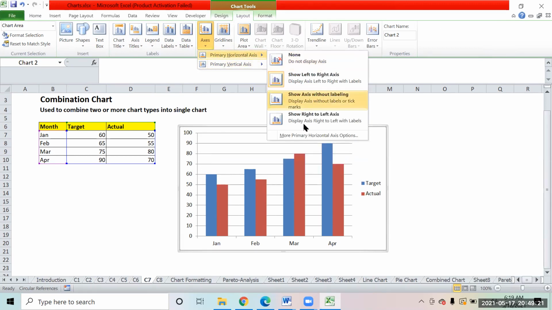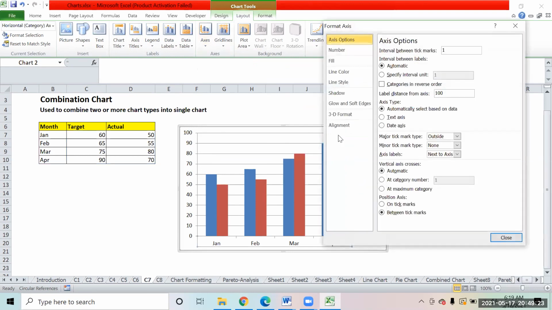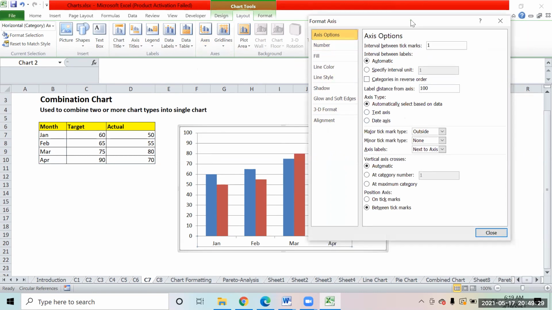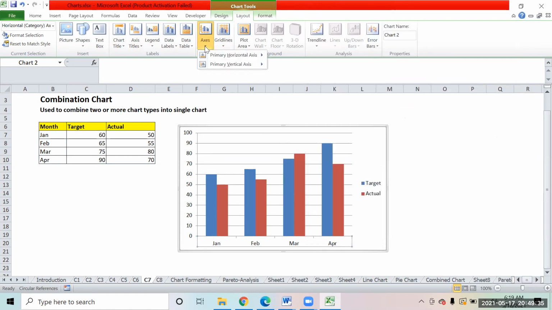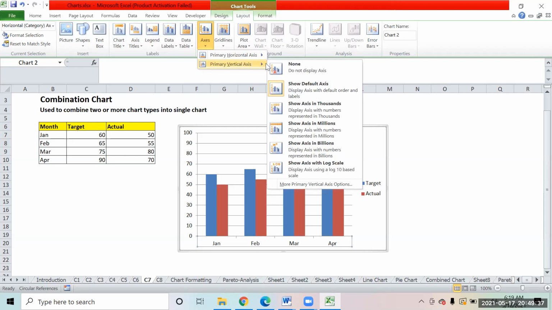Let me show the options over here. And in this, we have the option of showing the secondary axis. Where is it? One second. So not horizontal, vertical.